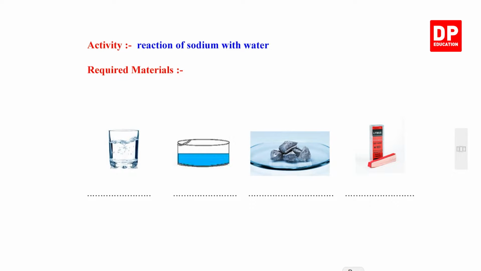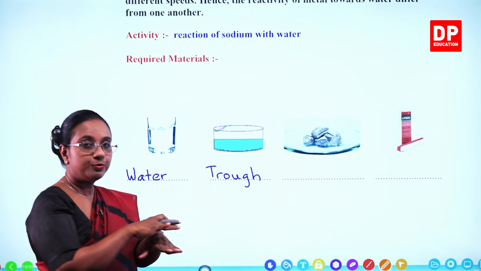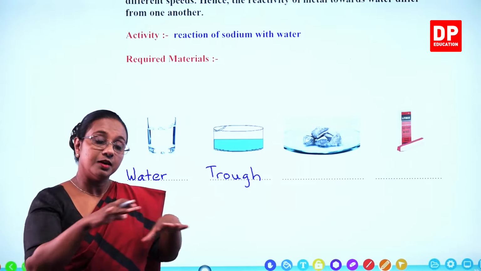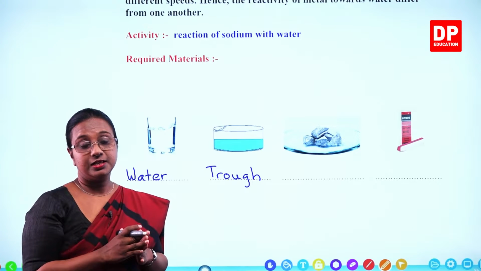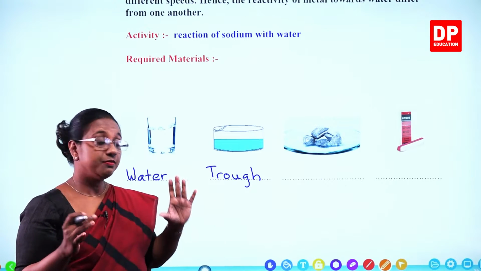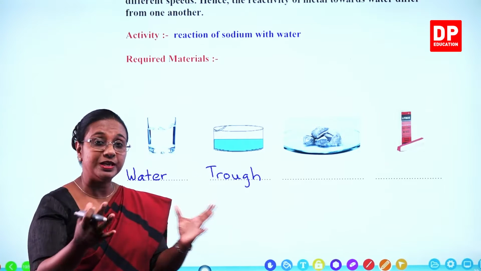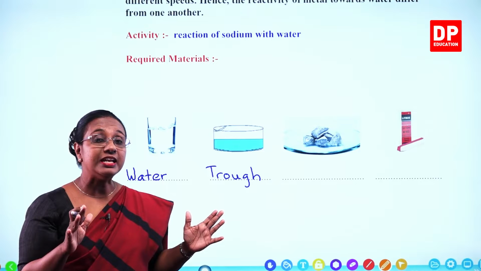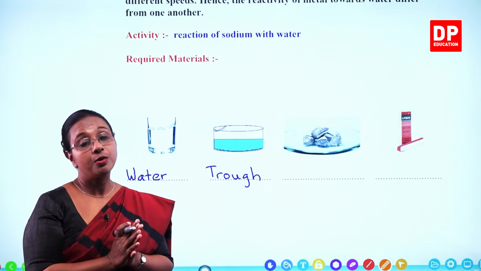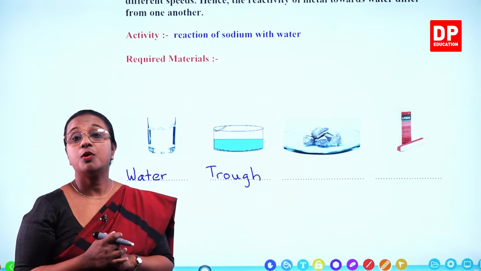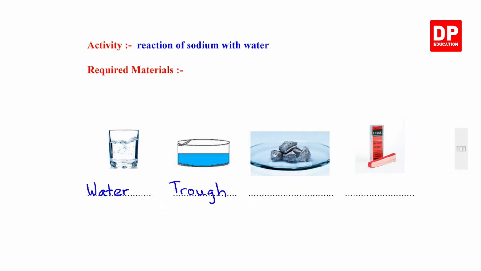We need water. We need a trough. When we say trough, it has to be a somewhat broad container. You all know what a trough is. If you can't find a trough, you need to have a glass container. It has to be broad so that you can take a large volume of water for even a small amount of sodium. Then we need the sodium metal,